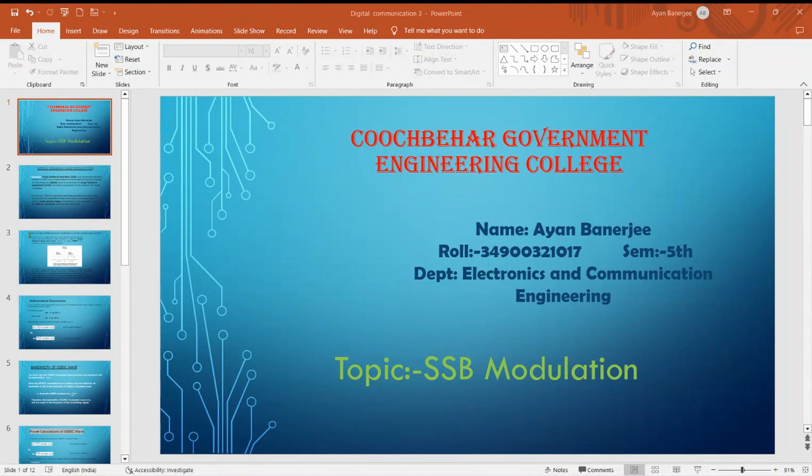And my topic is SSB modulation. So this means single sideband modulation. Single sideband modulation is an amplitude modulation scheme in which only a single sideband is transmitted through the channel. It is known as SSBSC, which is an acronym for single sideband suppressed carrier, as it allows suppression of one